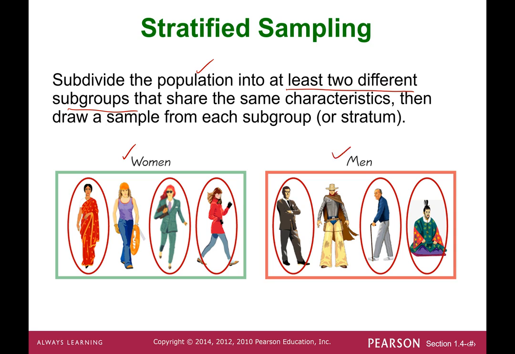women or men, and then you're picking, draw the sample from each subgroup, meaning you're picking a sample from the women group, picking a sample from the men group, and then put them together, and that becomes the general sample you pick. So you can definitely just subdivide the population into at least 2 different subgroups, okay, to get a stratified sampling